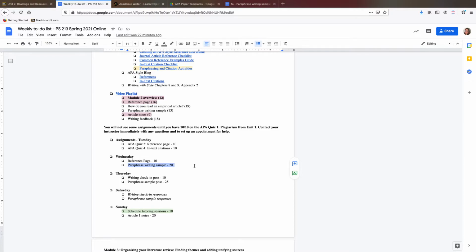But if you want to use Caldwell's Writing Center, which I do recommend if you can, they have a lot of students and faculty in their center, and so schedules aren't really set yet at the beginning of this semester. It usually takes them until the end of the first or second week just to get appointments booked. So if you can get in earlier than is required, please do. So I've kind of adjusted and said, okay, if you need to, you can work on this for the article notes, but ideally you would do it here for the paraphrase writing sample.